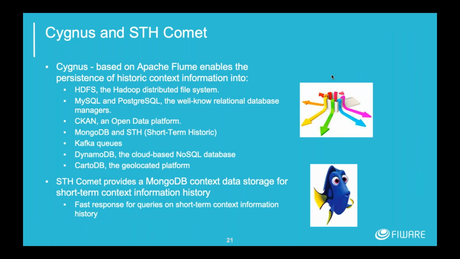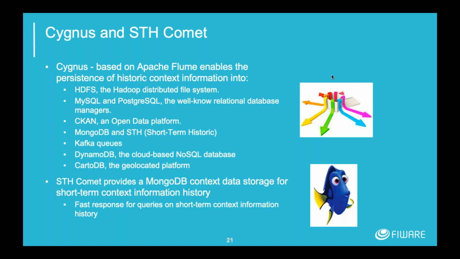Looking in the core area, apart from the context broker itself, we have got several elements which are used for putting data into databases or to retrieve information on short-term history. So you can get a timeline, you can get information on trends, or you can get information posted into a large number of different databases. Again, you want this sort of thing, you just take it off the shelf, plug it in, it'll work in 5 minutes. For Comet, which is short-term history, you can get a timeline.